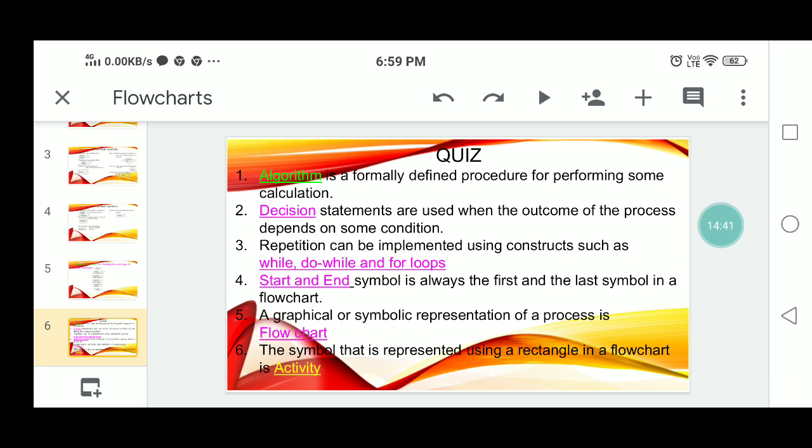The activity name is taken by the rectangle shape. End of this session. Thank you, students.